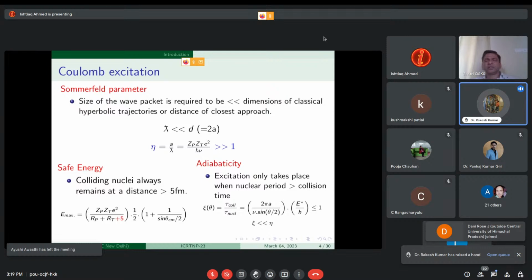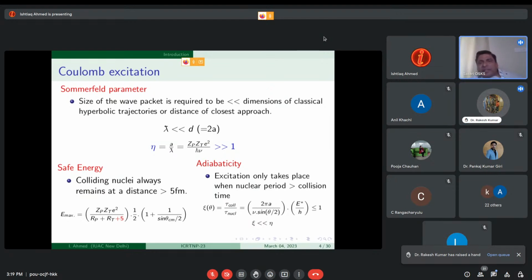No, but there can be many other things, right? Other than fusion, there can be inelastic collisions. Yes, of course. See, you can't say it is only electromagnetic. There can be inelastic collisions. There can be pickup reactions. But it's not only fusion. The experiments have been designed such that it will be only electromagnetic interaction, and the energies which you are using are much below that. For example, what I explained in my talk, in tin the safe energy is 220 MeV, but we have performed an experiment at 175 MeV. So, just to give an example.